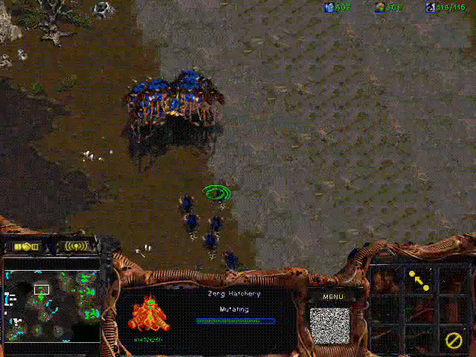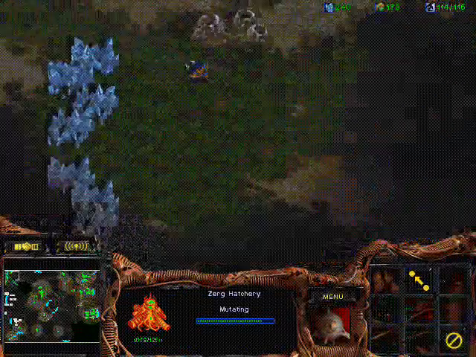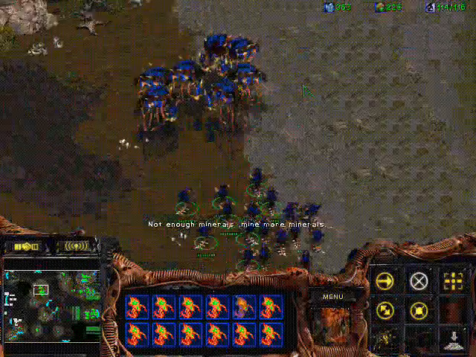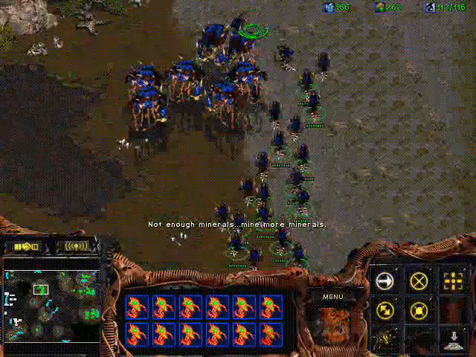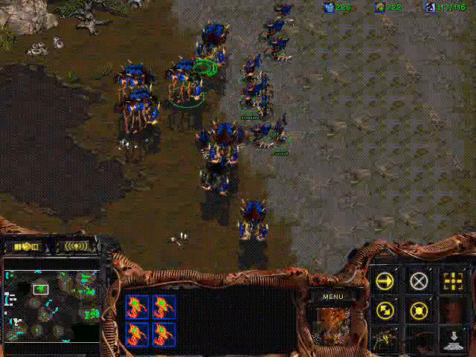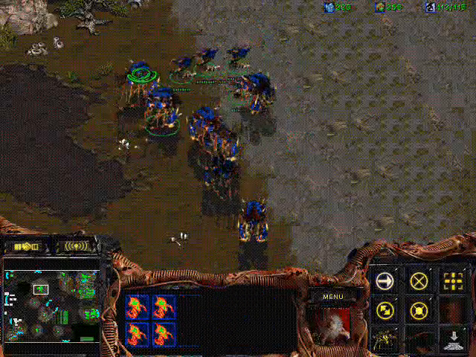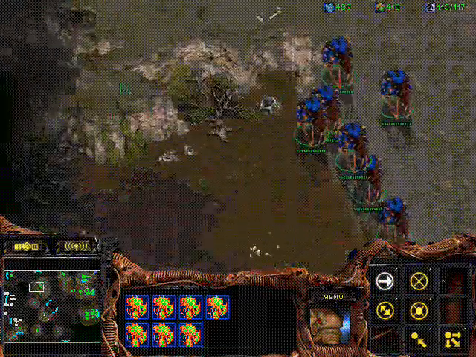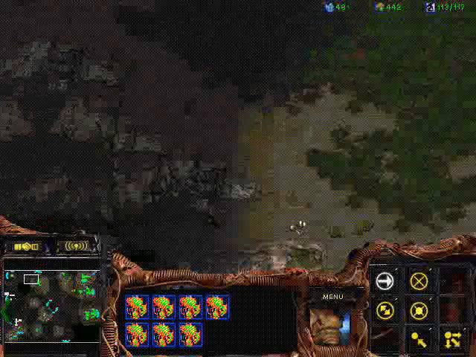Now, I saw vultures over at the edge of his base when I was over there with my overlords, so the likelihood of his main having mines is relatively high, so I just want to keep that in account over here. Now, I don't want to drop right away. I just want to be ready with it whenever he tries to move out, if he's still in his base,